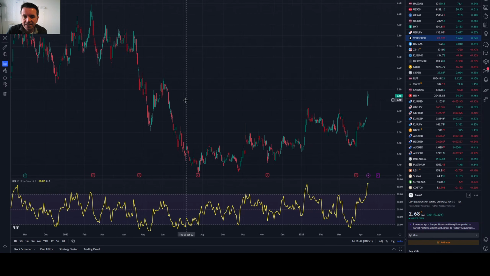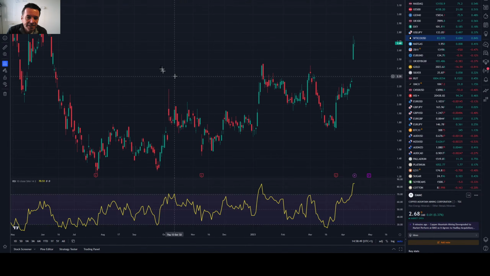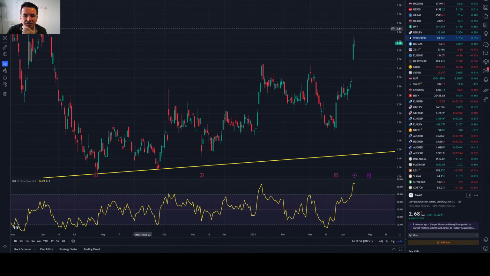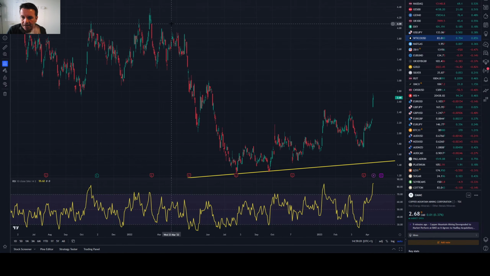Nice, isn't it? It is almost like the copper chart, and then it's just accelerated recently. It had been having a little gentle recovery, chugging along, and we've had it blip higher. So again, I'm not quite sure if I'd buy the strength, but a dip would be nice. But that's a good move there in copper, isn't it? In Copper Mountain Mining Corporation.